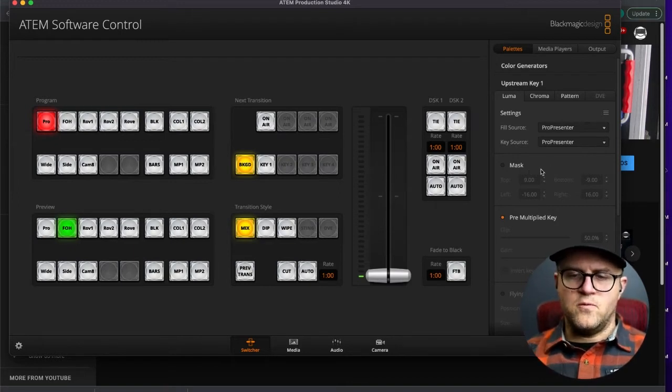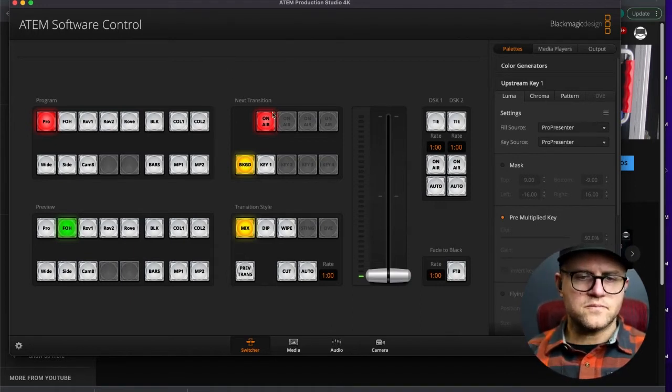If you want to check out how to do that, I have another video, and I'll link that in the description below. But to do that, you have to have this on-air button on so that you have your Luma Key show up. And we're doing an upstream key rather than a downstream key. So this is where you would put the upstream key. If you had a downstream key, you could do these on-airs back here. But you'll want to have whatever fill and key source ready to go. This is our ProPresenter feed right here that goes to be those Luma Key